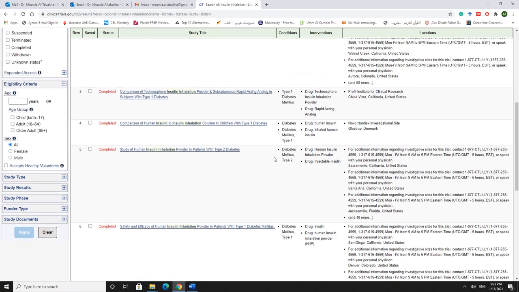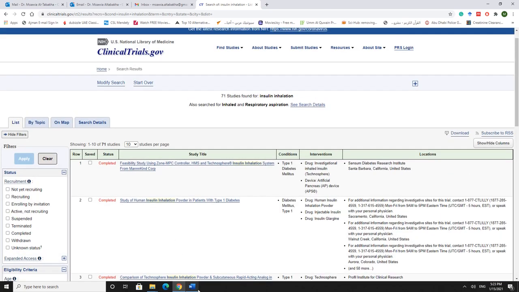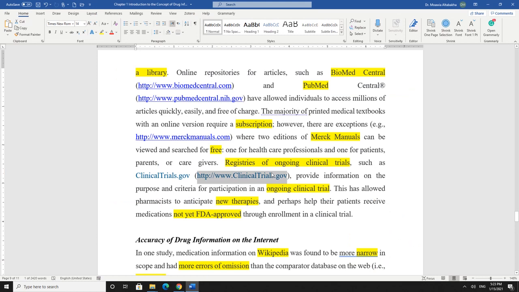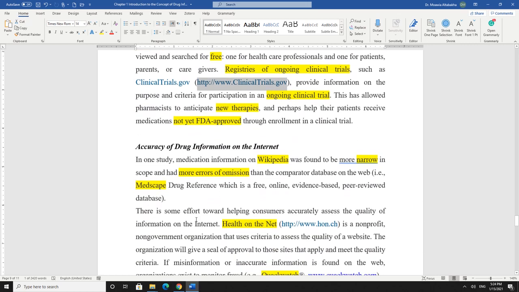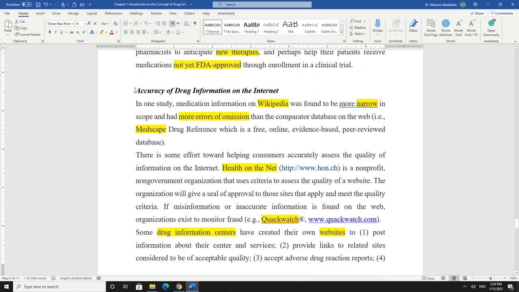Okay, so I want you to look at this important website, and this will actually allow you to look at new therapies that you can anticipate. Okay, when you see that phase 3 clinical trials have finished for a drug, you can anticipate, oh okay, this might come to the market. Okay, this is good.